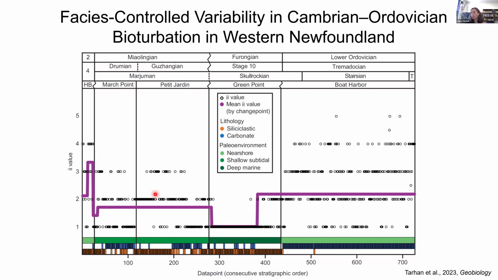But this corroborates our more anecdotal observations that it is the environments, these strata recording most near-shore environments, such as shore-face sandstones in the Hawk Bay Formation and peritidal carbonates of the Boat Harbor Formation, that are characterized by higher intensities of bioturbation in spite of their great differences in age. So this would suggest that we can in fact infer real environmental patterns in the escalation of bioturbation, that it was our most nearshore environments that at the earliest stage underwent the most tangible increases in bioturbation.